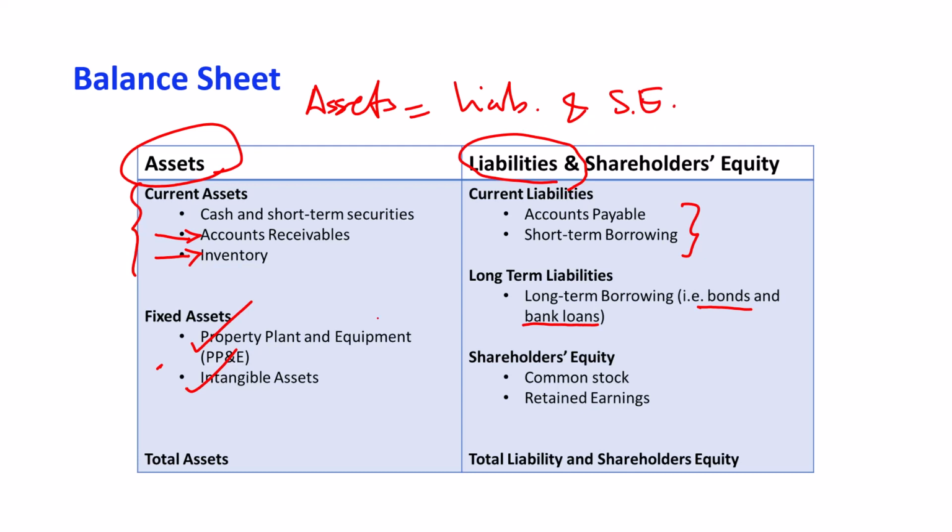So this equation implies that if the firm sells all the assets and uses the proceeds to pay off its debt, what is left is going to be shareholders' equity. What is left is the amount that belongs to shareholders. Shareholder equity is also called net worth. So that's why we usually call shareholders the residual owners of the firm. So after you pay everybody else, pay all the liabilities that you have, what is left is going to be